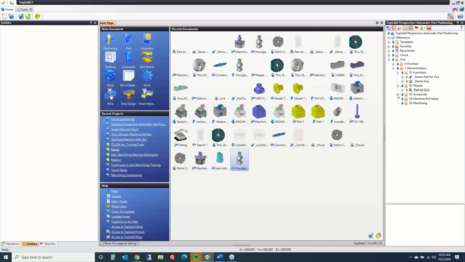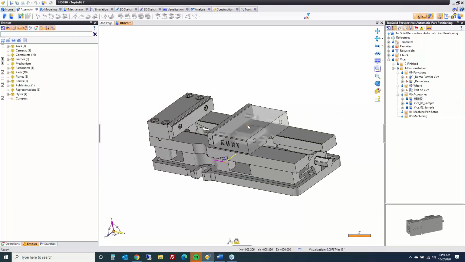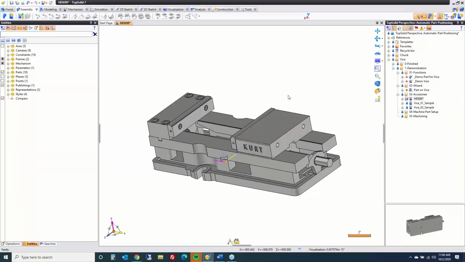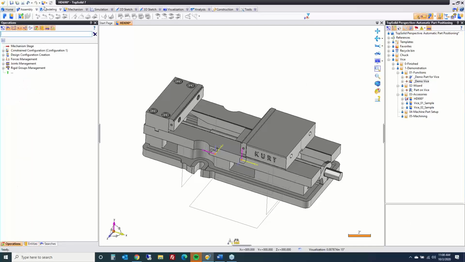Okay, so now it's to apply this to an accessory. So let's go ahead to our vise here. Here's the little Kurt vise. Again, you can see it moves, right? So you have to make sure you add that mechanism to your vise assembly. I'm going to take my vise function and apply it. And then we'll go back to my operations here